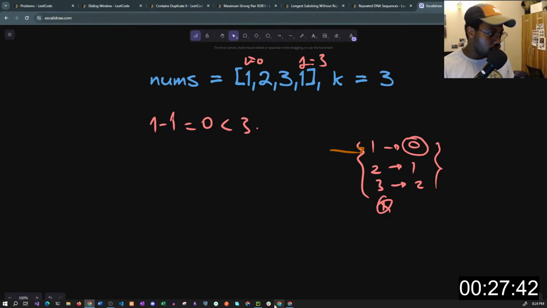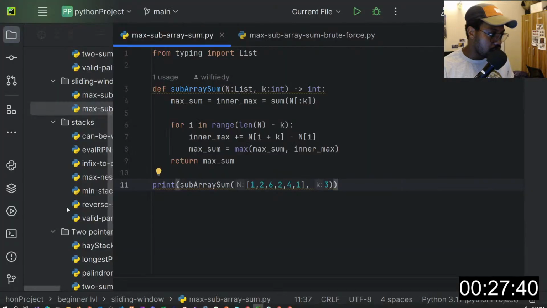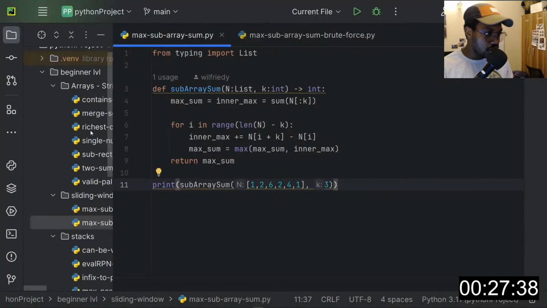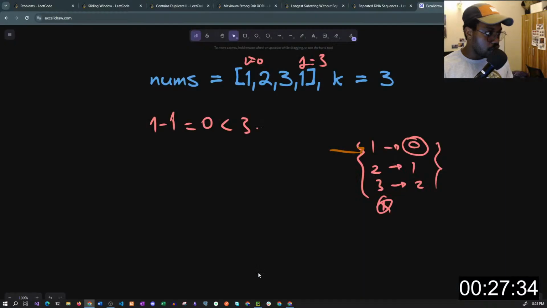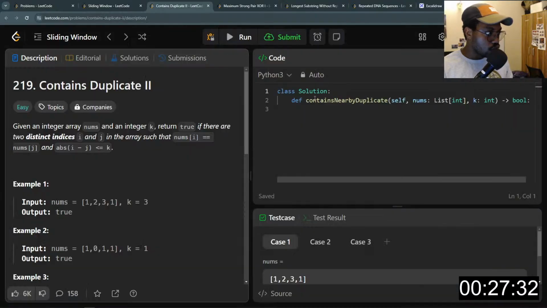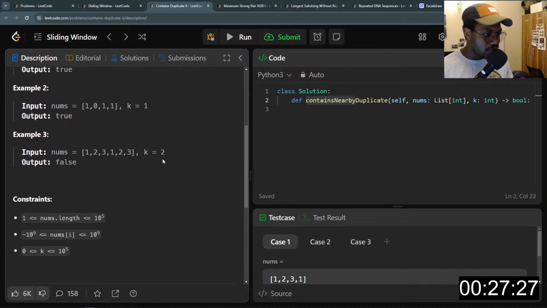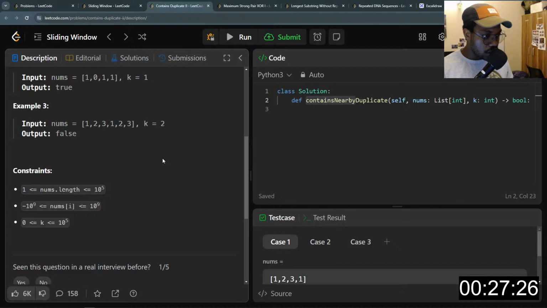So yeah, let me just come here. I'll implement that here. It's going to be part of sliding window. And what is it called? Contains duplicate 2. So contains nearby duplicate. Let's even look at the, wait, what if the values, the nums of length